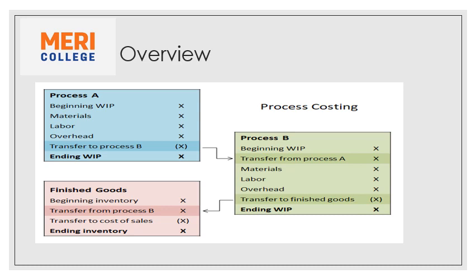In process B, what will happen? In process B, we have again the transfer from process A. We have another sort of material, labor and other expenditures in this process. Then we have ending work in progress, which will be finally transferred to the final process if we have. Otherwise, that will be considered as finished goods. So we can have more than 2 processes in a process costing. So we'll be computing the cost of each one, then we'll ascertain the final cost of a product.